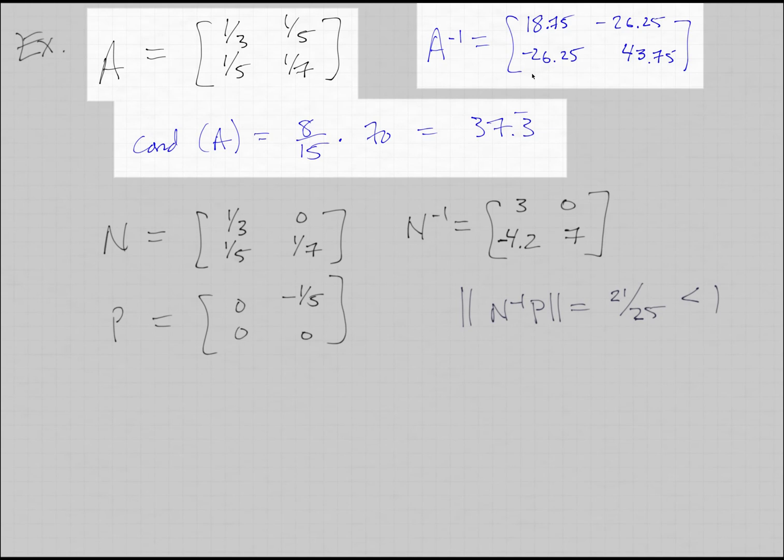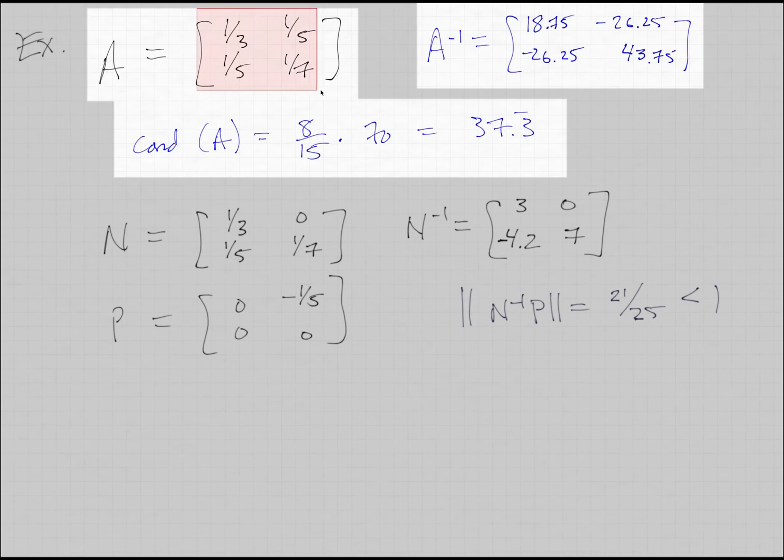In A inverse, the biggest row in absolute value is the second row. It adds up to 70. So the condition number of A would be 8/15 times 70, which comes out to be about 37 1/3. That's not dramatically bad. It's not particularly good. In fact, matrices like this, where all the entries are progressive fractions and the denominator gets slowly larger in each row,